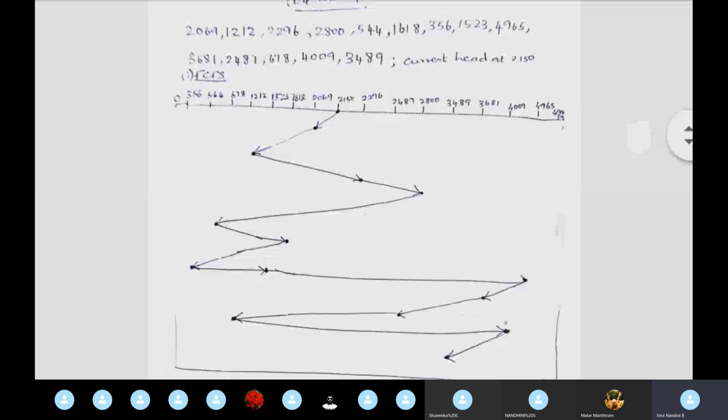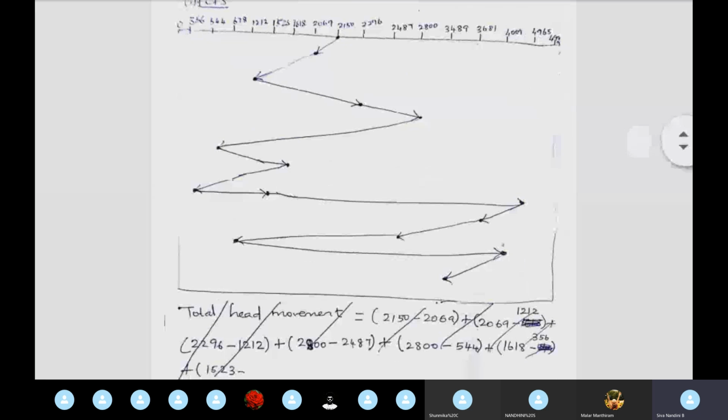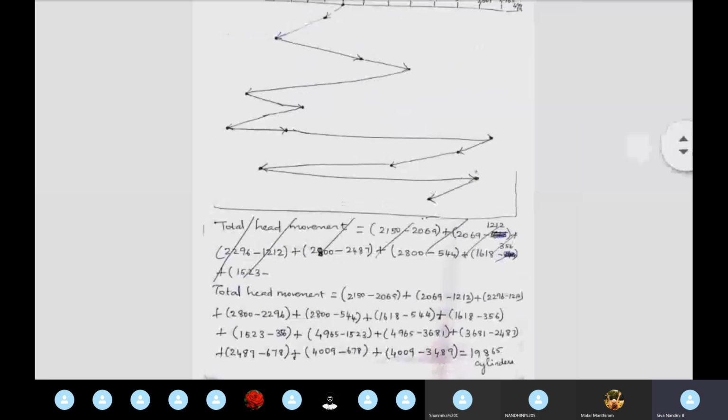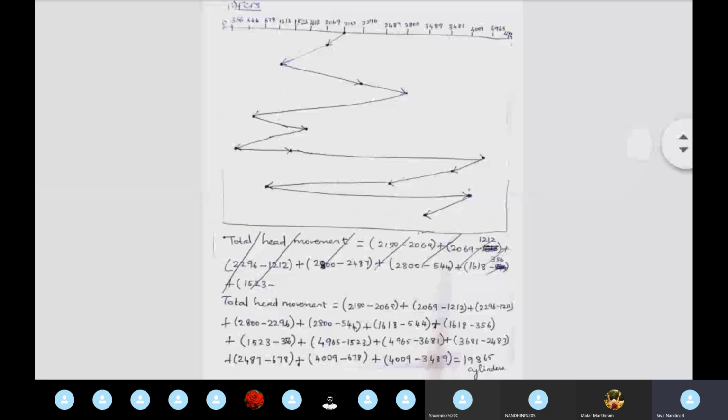Okay. So இந்த பத்தி நம்ம பண்ணிட்டு நம்ம லாஸ்ட் என்ன கண்டுபிடிக்க சொல்லுவாங்க? They will be asking us to calculate the total head movement. Okay. So total head movement they will ask to calculate. So for calculating this total head movement, usually you have to subtract the smaller value from the larger value. So in the tutorial, many have made mistakes in this also.